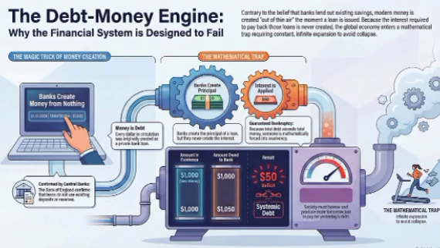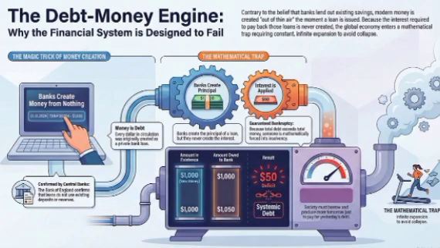Hold on, though. Because if we are saying banks can literally just type money into existence through ledger entries, what stops them from just typing $1 trillion into their own corporate accounts and buying up the whole planet? Right. There has to be a catch. There must be some accounting mechanism keeping this in check, right? They can't just create wealth without a corresponding entry. That is the crucial distinction, and it comes down to double entry bookkeeping. A bank cannot just create an asset for itself without a corresponding liability.